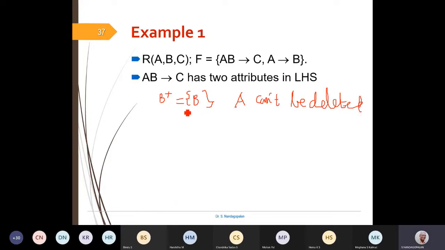Now let's delete B and I'm left with A. So find the closure of this.